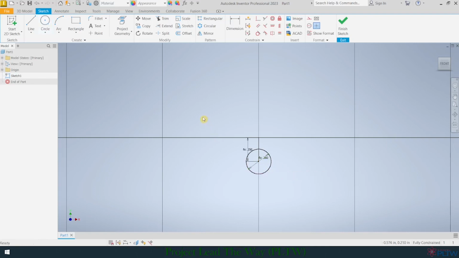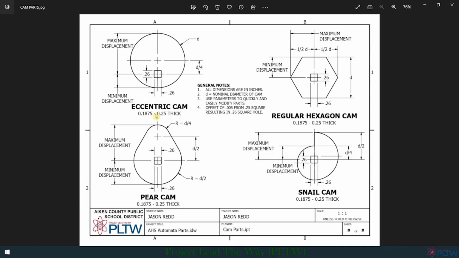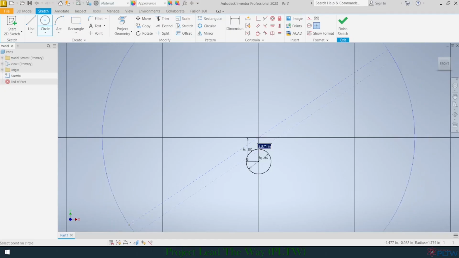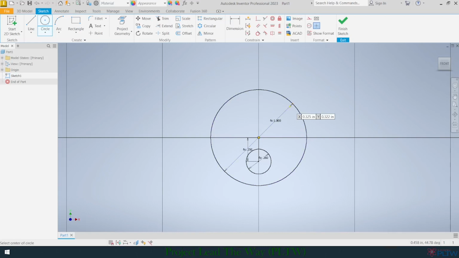Next, we're going to make the overall cam, and we're just going to go to circle, and create the center of this cam right here at the very top of this line. And now it's looking again for the diameter of this cam, and you remember that was going to be D. So all we need to do is come here just at some place and type in DIA, which is our parameter, and that will create a 1 inch